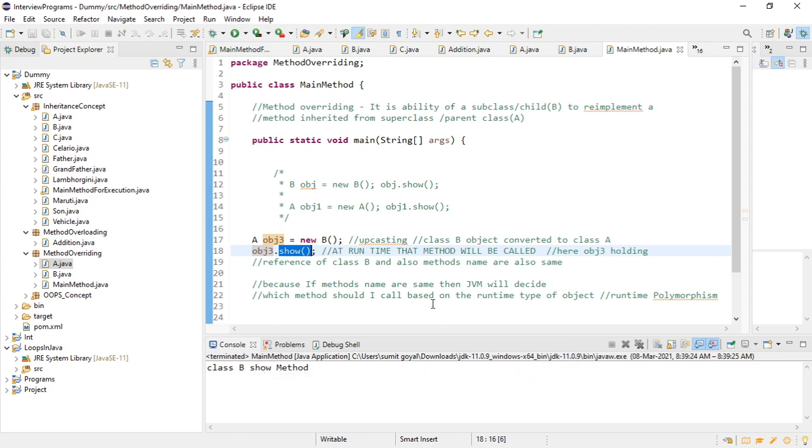So this is what we call runtime polymorphism. We are saying that because the method has the same name in class A and class B, and we call it runtime polymorphism because at runtime, the JVM, which is our Java virtual machine, will decide which method to call based on the type of object this variable holds. So here the things are different, right? This is basically what we call runtime polymorphism. Is it clear to everyone?